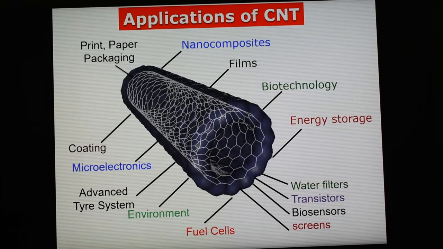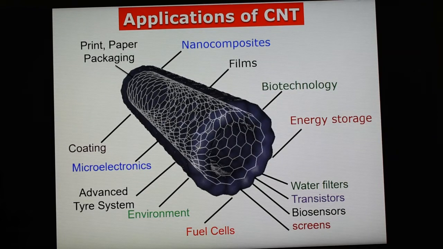An important application is that carbon nanotubes are being used to develop flat screen television. Nowadays there is a thick walled television. In the future, it will be very thin, just like paper is thin, in the same size. It is also possible to make this because of the carbon nanotube. It is possible to make flat screen television.